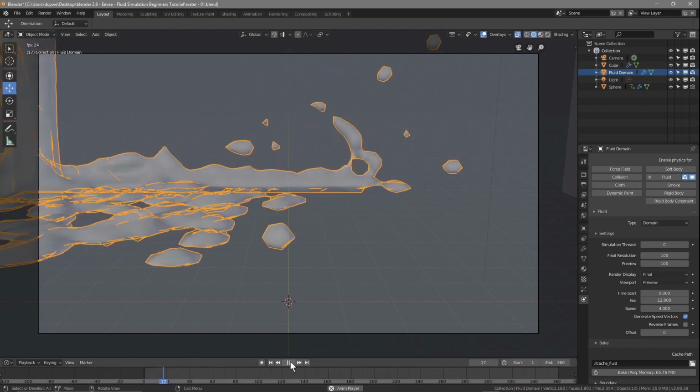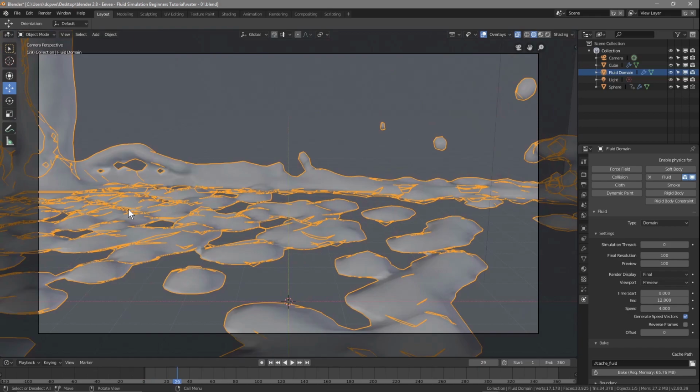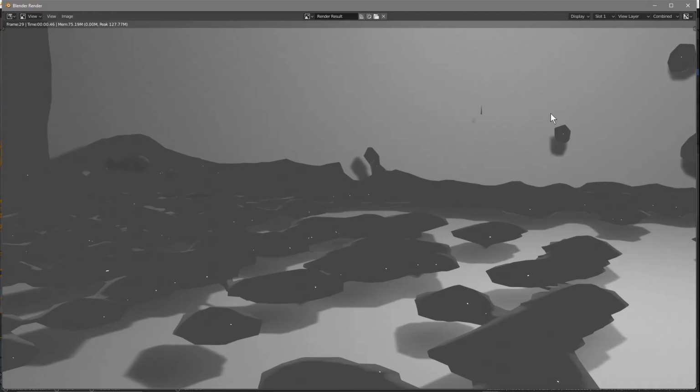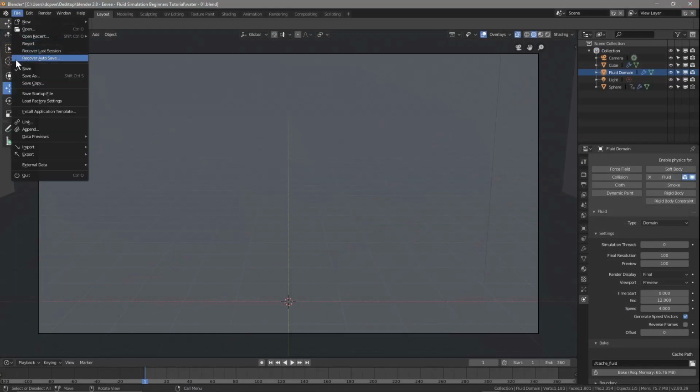Just play this. Yeah, I think that's really what we want. We want it to be like this sort of speed. Let's press F12 to render. We can see our water here flowing out. So let's go back to the first frame. Let's file save,